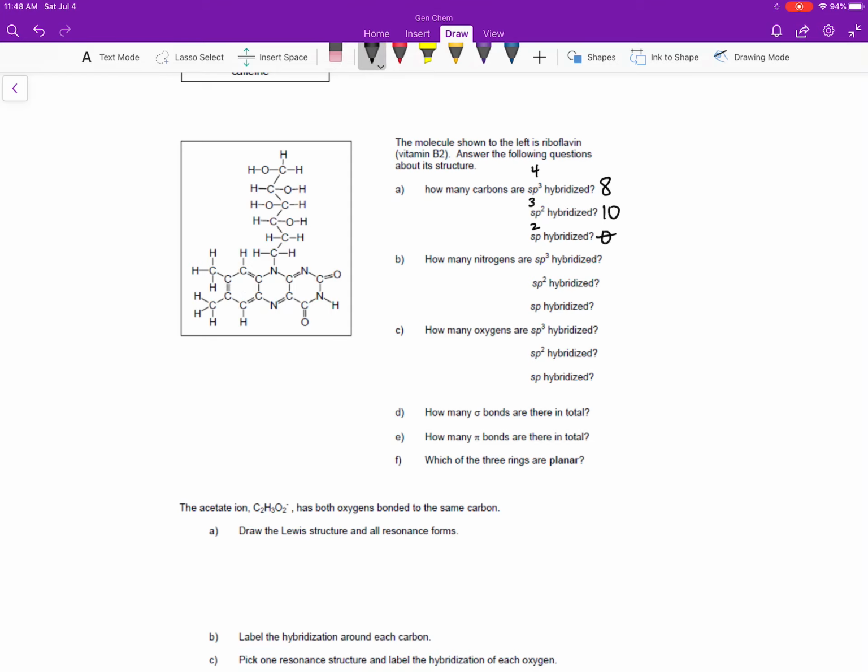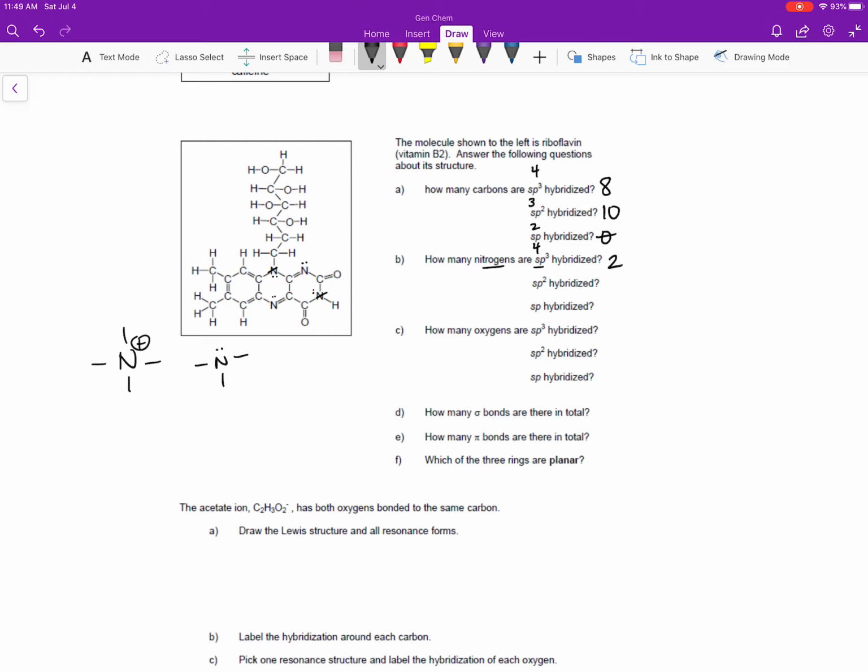The next one is nitrogens that are sp3 hybridized. So this is going to be nitrogen with 4 things around it. We don't typically see that because nitrogen with 4 things around it is probably going to have a plus charge, or it's going to have a lone pair. We have to look really carefully because these lone pairs aren't shown. So at this point it might be a good idea to write in the lone pairs. Now I can see that I'm going to have 1, 2